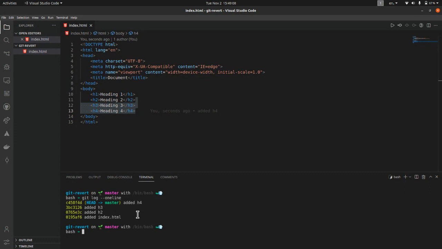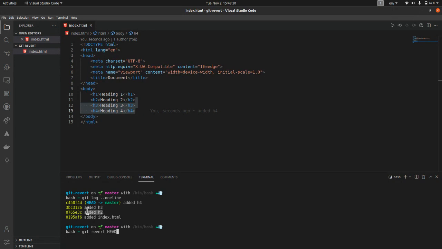So what I can do is git revert, and then I can type HEAD, which is currently pointing at the h4, and now we have to look at the bottommost commit of the range we want to revert.